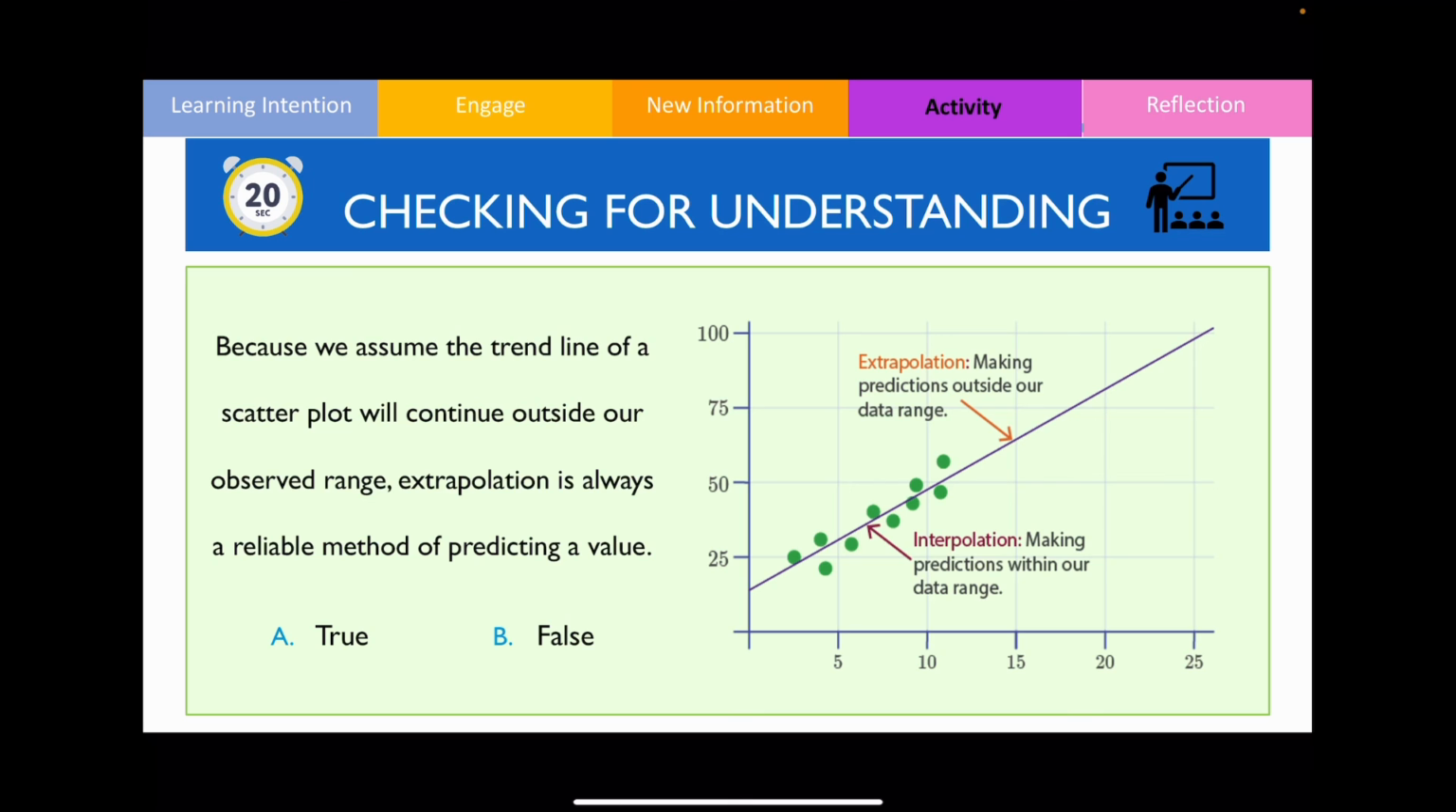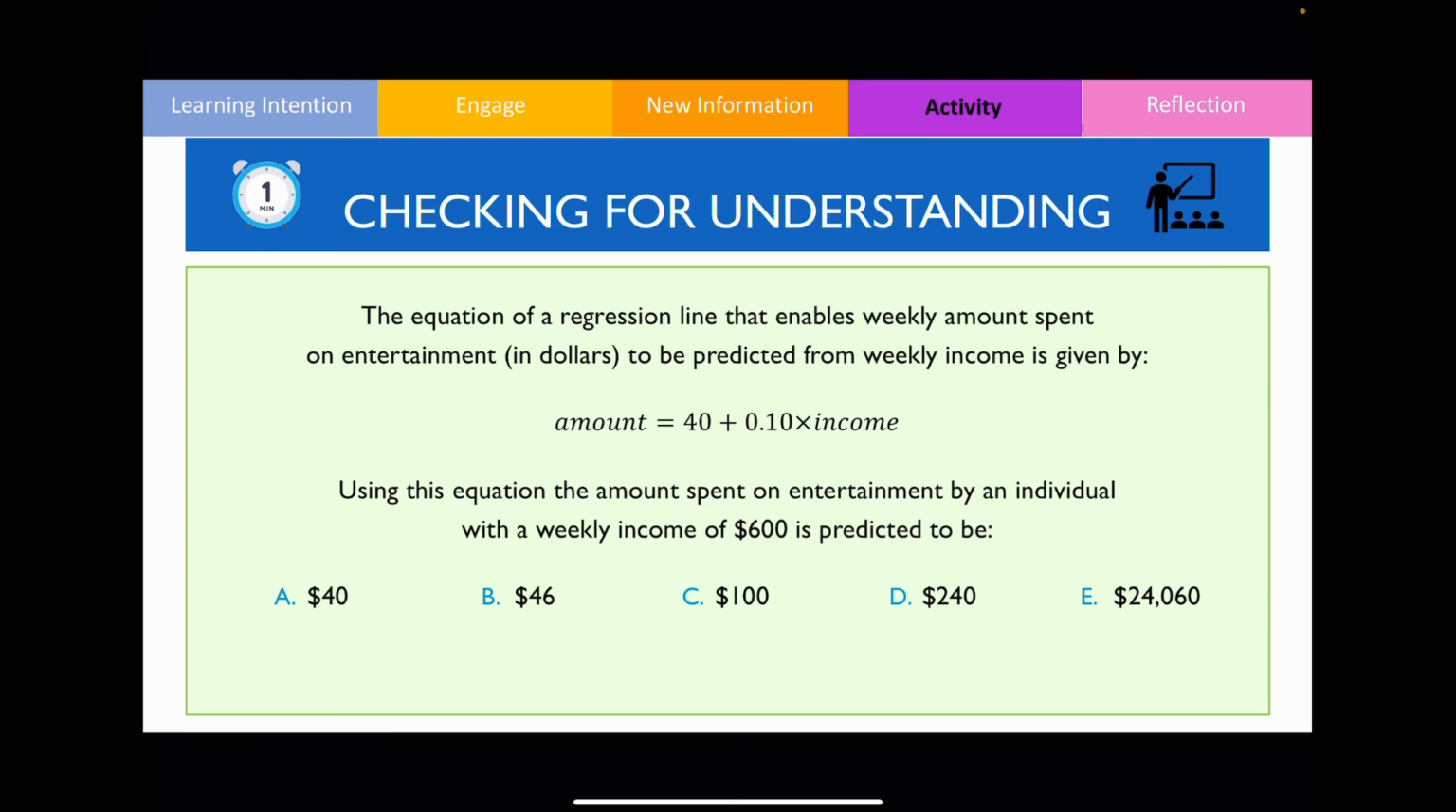In the next question, identify whether the following statement is true or false. In this example, the answer is going to be false because extrapolation is generally not a reliable method. And for the final question, use the equation for the line of best fit to identify the predicted value. So we're going to substitute 600 into the equation. 0.1 times 600 is 60, so 40 plus 60 is equal to 100,